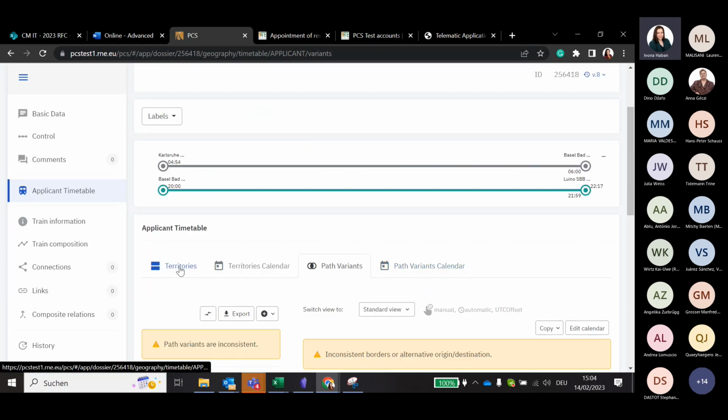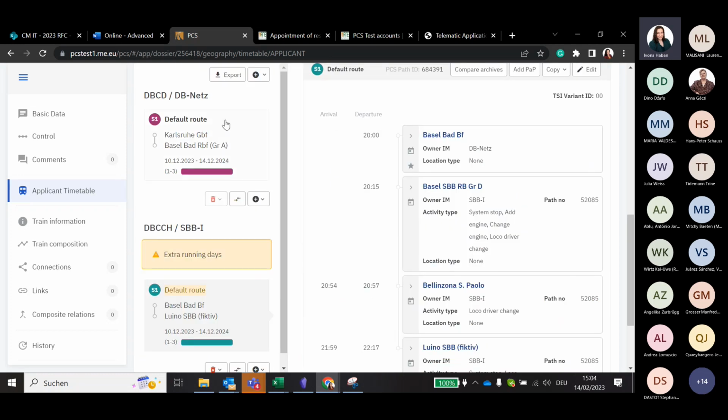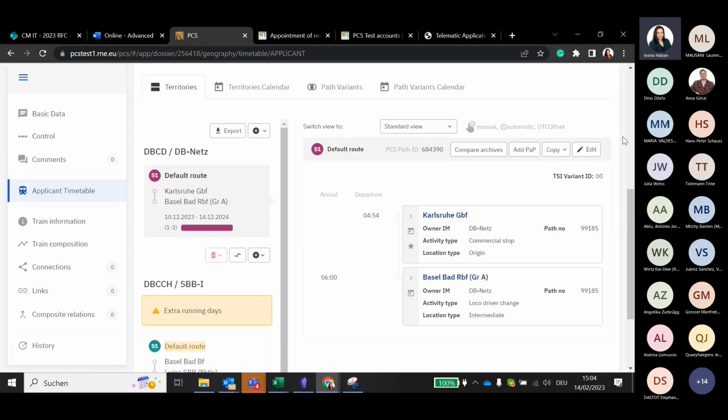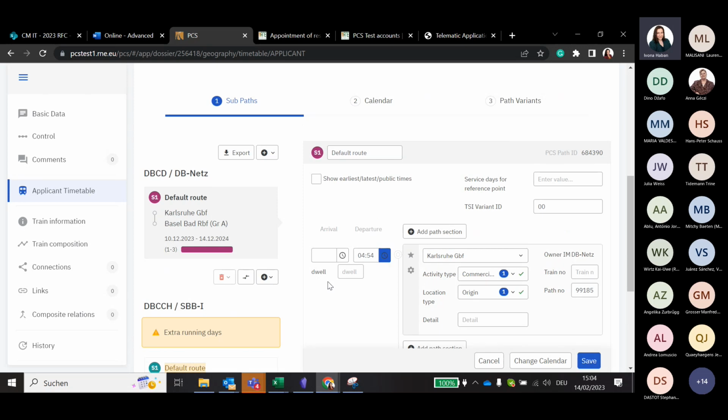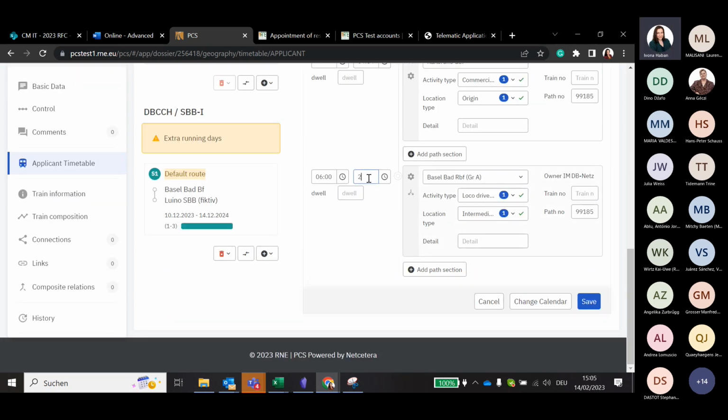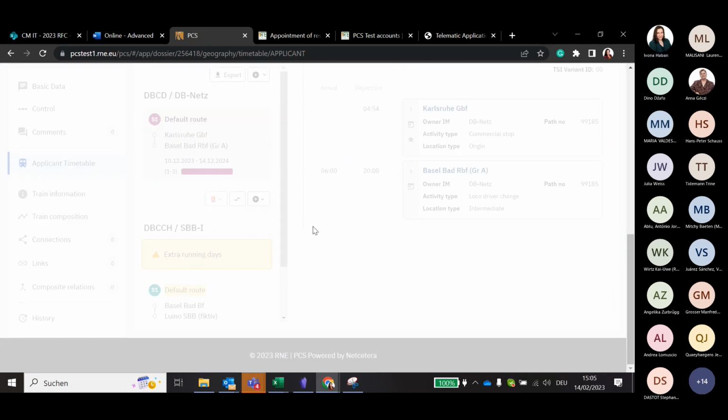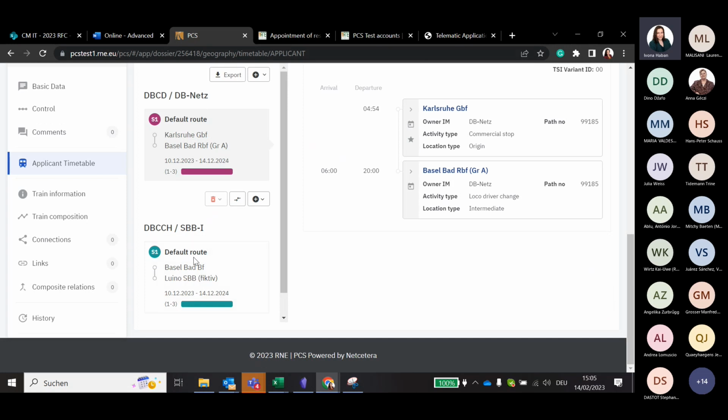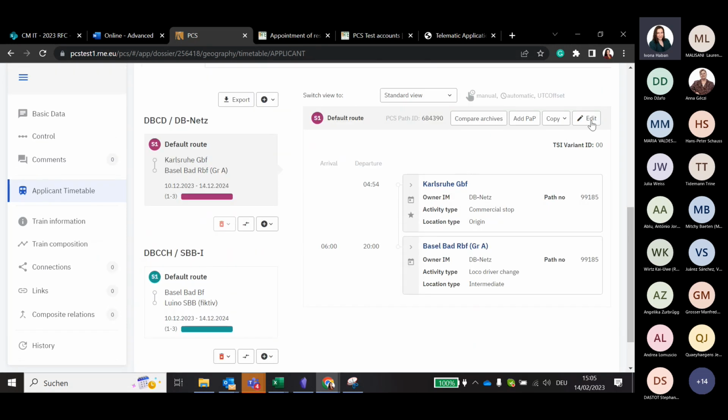And again, the solution is the same. We need to put in the upper part this parking. So until 20 o'clock, we are going to move further away. If I do that, no more inconsistency. I would just like to show you